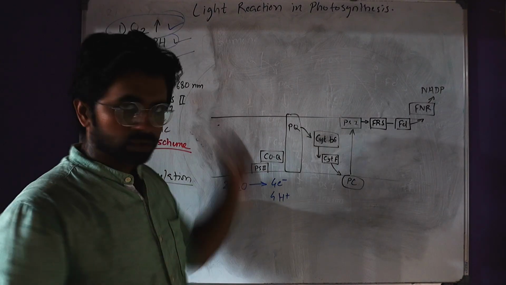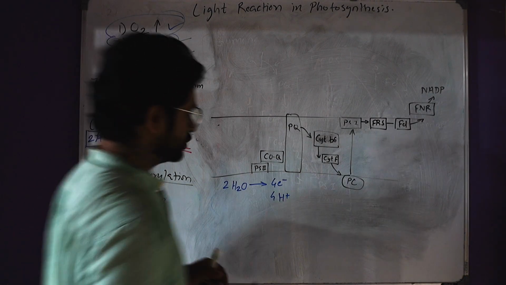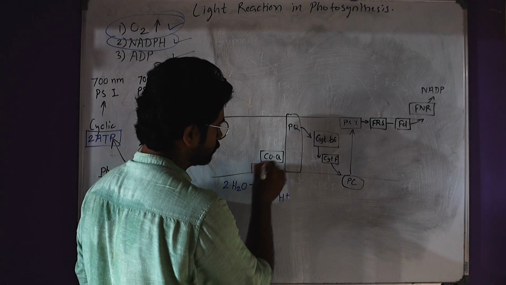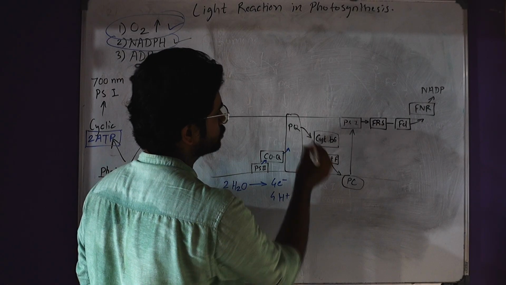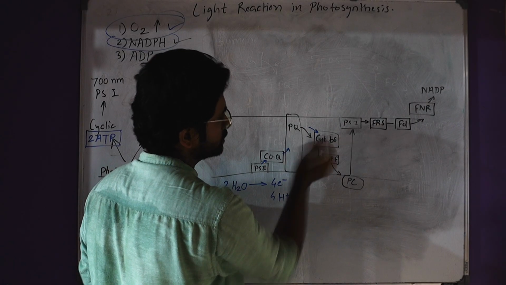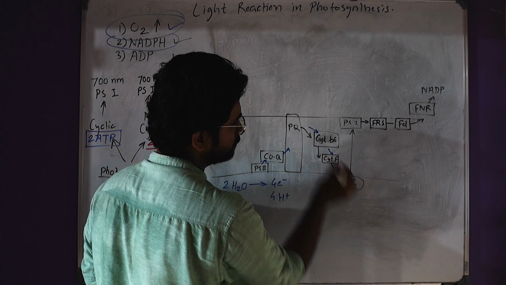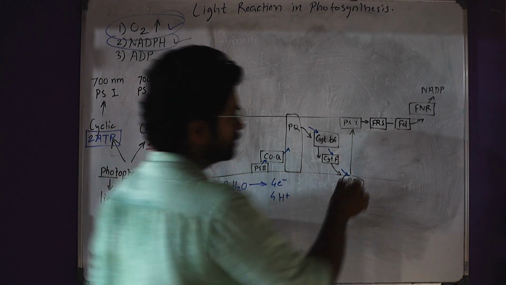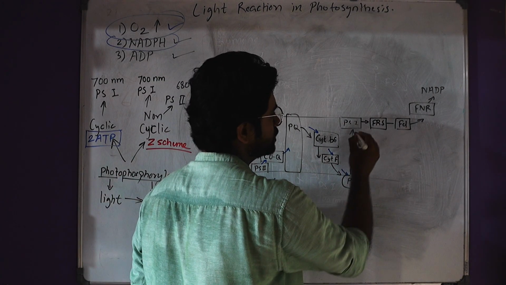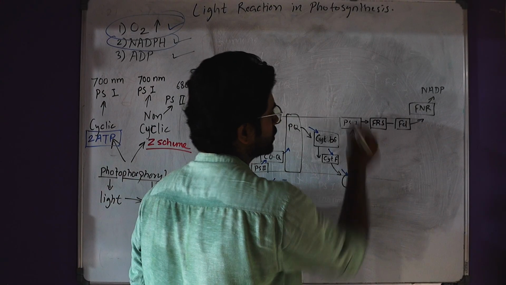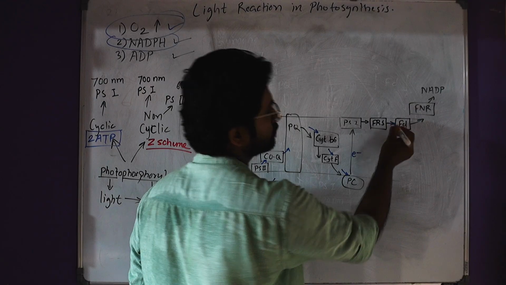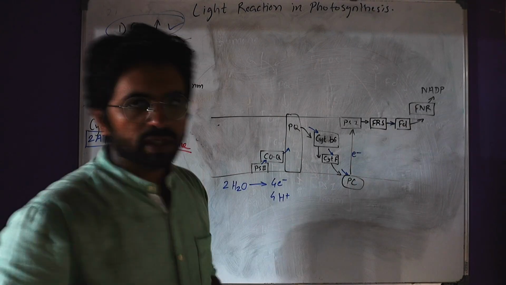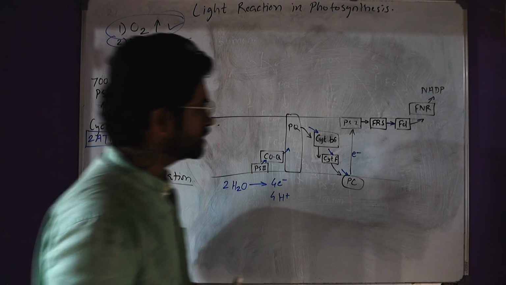Oxygen has already evolved. Okay, so how does the electron travel? From photosystem to coenzyme Q to plastoquinone, plastoquinone to cytochrome B6 to F to plastocyanin, from plastocyanin to photosystem, again from photosystem to FRS to FD, ferredoxin, and like this it is traveling. So my concern was